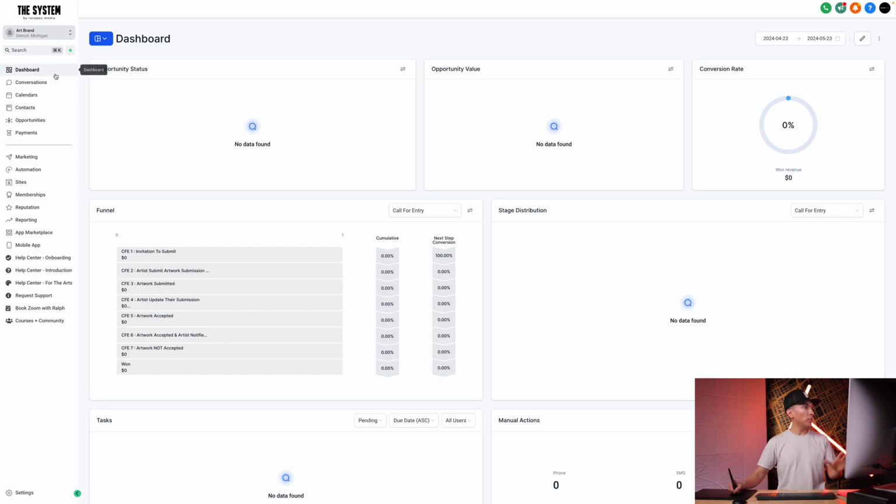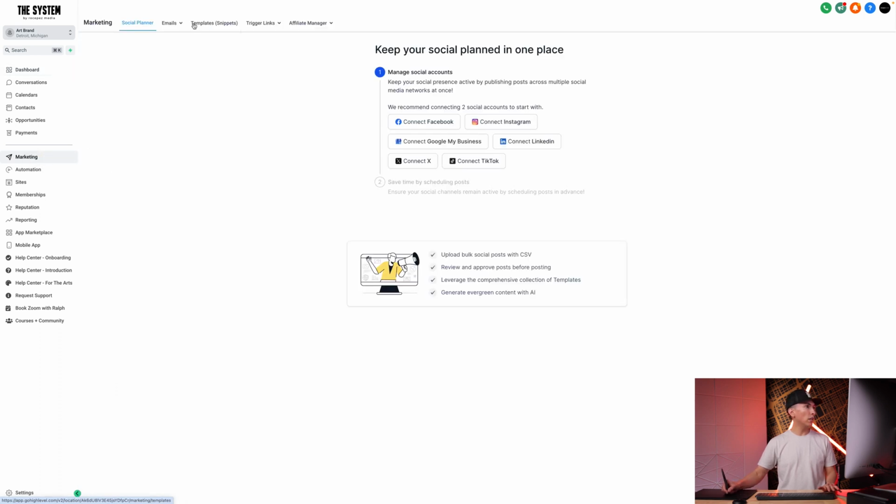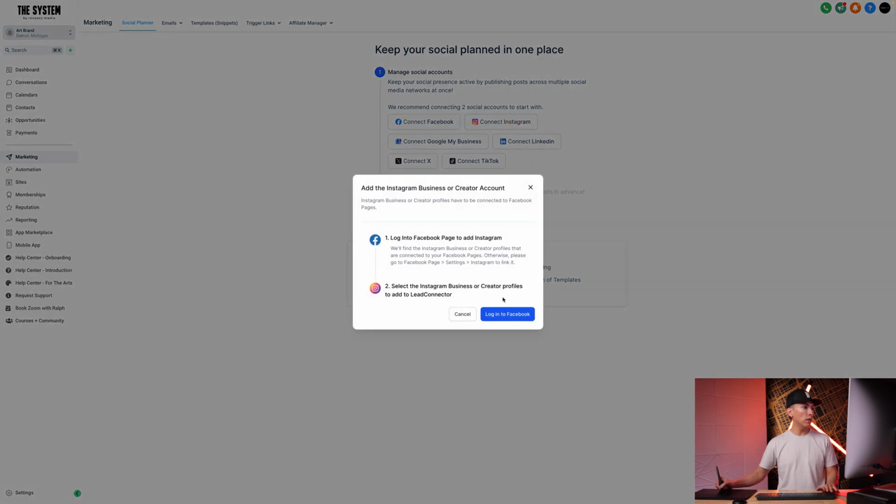So when we land on the dashboard, when we first log in, we're going to go to the marketing section on the left-hand navigation bar. And right here, you'll see "Keep your social planned in one place." So in this example, we're going to connect our Instagram account. So we're going to click Connect Instagram, and then we're going to log into our Facebook account that's connected to